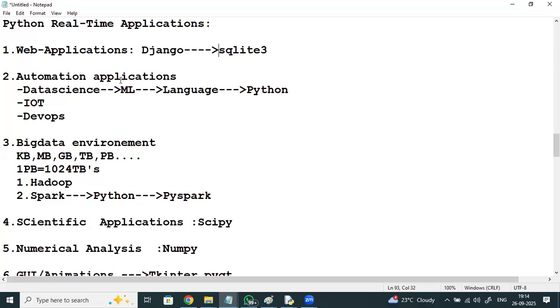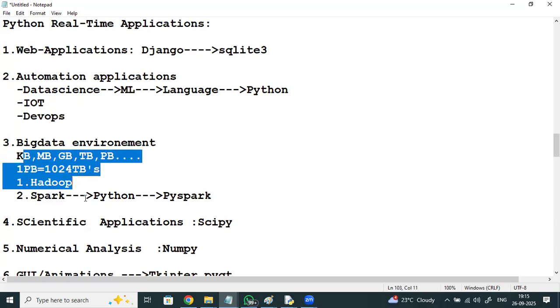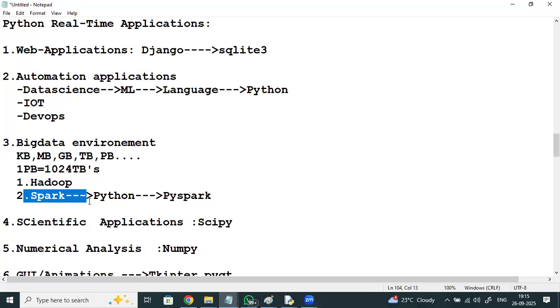application. Automation applications using technologies like data science, IoT, DevOps, right? Especially in the case of data science, it's a blend of techniques. The main technique we see here is ML, machine learning. So here we require a language, and Python is the most used for implementing machine learning, and deep learning or AI kind of techniques. In IoT, Python is the most preferred for writing scripts, even in DevOps and big data environments. Today, if you want to handle huge data, we have Hadoop and Spark, but especially Spark, a very high speed processing technology.